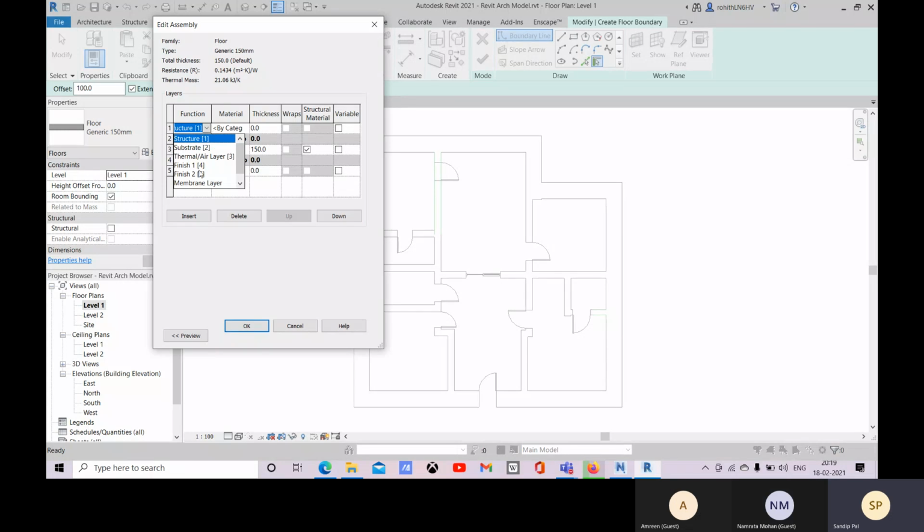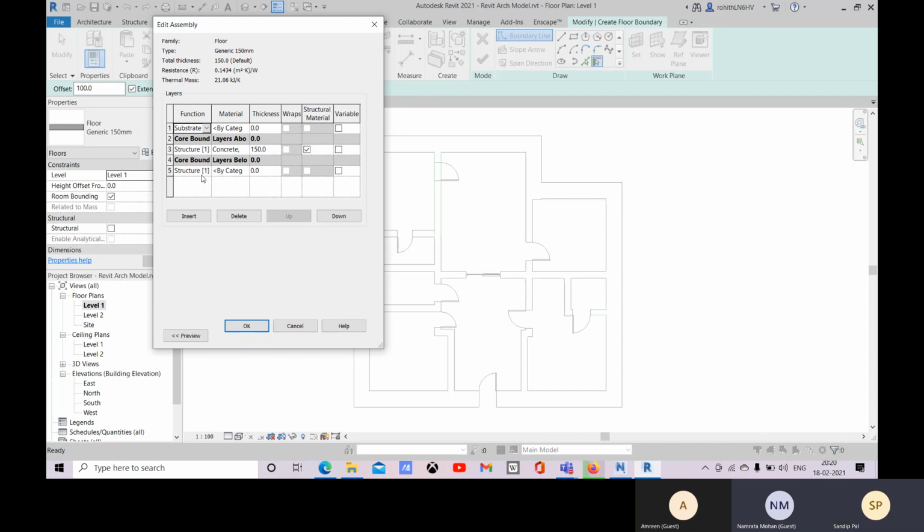Okay, yeah, please go on. Bottom will be the ceiling of the below floor. No, here I'm not placing the ceiling, here I'm placing the floor. Yeah, but this material will be the ceiling of the below floor or of that slab. I'm placing the bottom floor. No, this finish you are giving.